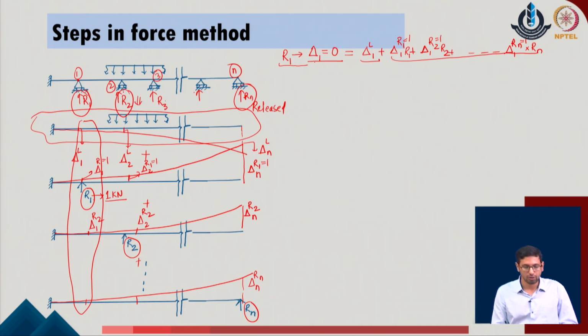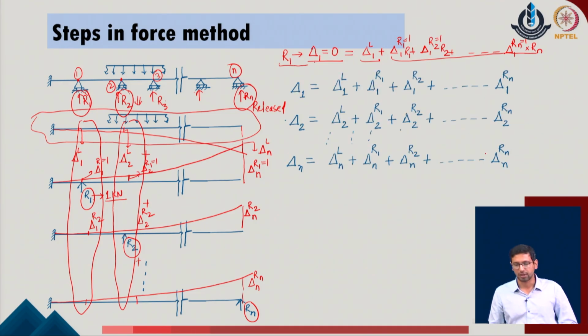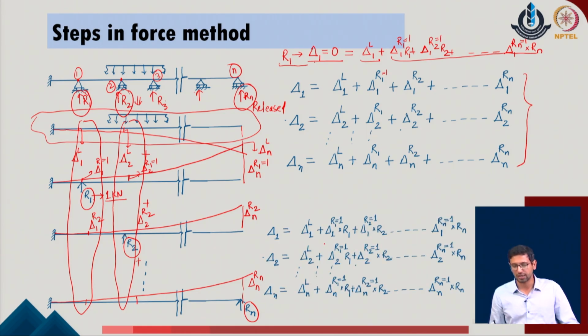Similarly, at the position of the R2, we describe the component of all the displacements and we add their contribution that should be equal to the actual displacement in the original system, and these cumulative sums give us the primary criteria of the given compatibility condition. We can describe these n compatibility conditions for the given system. As we have already defined that the individual value is considered 1 unit, so corresponding to that I can describe the expression in this form, where individual components like this, they appear as the simple coefficients of the flexibility.